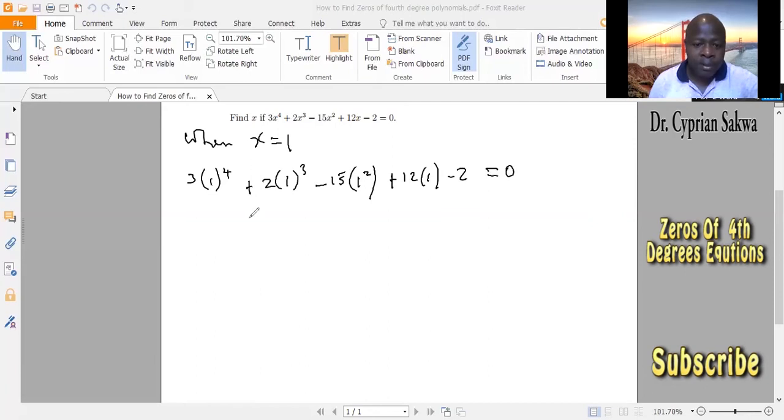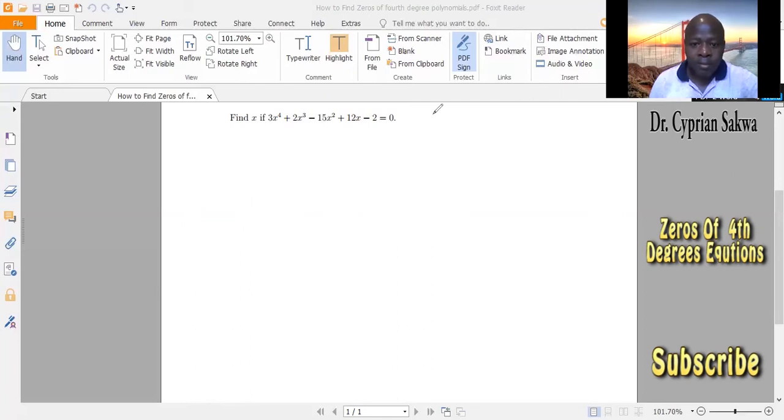So yes, x equals 1 is a root to this. We've already found one of the solutions. x equals 1 is a zero of this equation. So what can we do now? Since we know that x equals 1 is a zero of this equation,